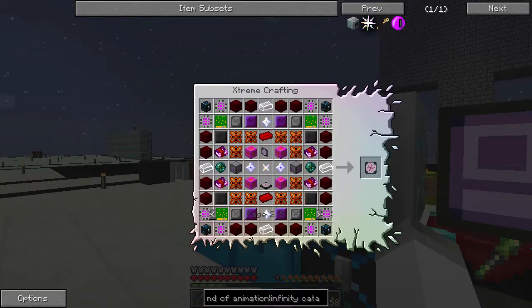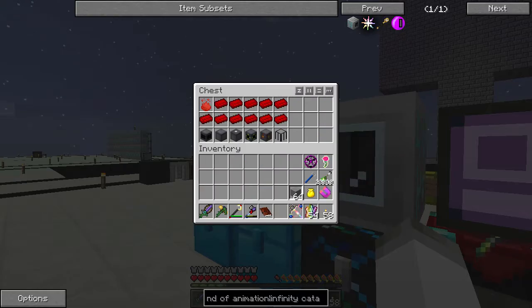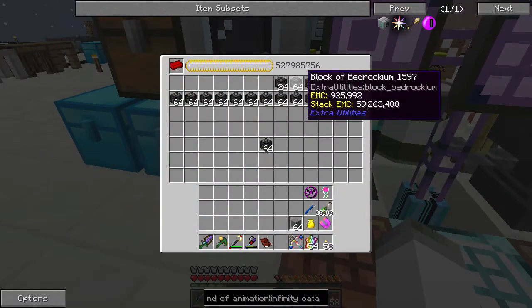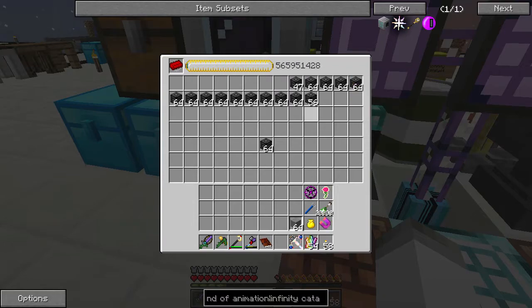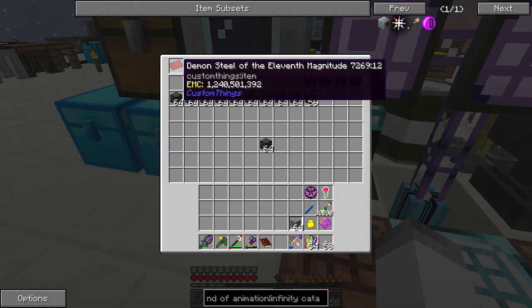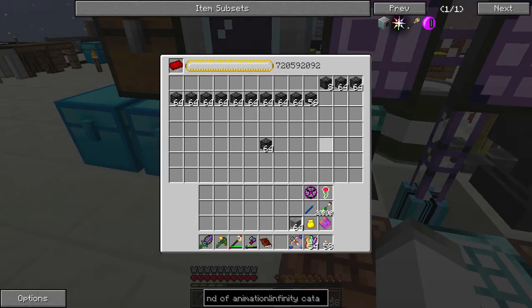We need 2 of them for that guy. Ugh. We need 1 for the Wand of Animation. That's what we're working towards. So if we can make one of these, which might take a little bit of time. I mean, each stack of this is 59 million. This requires 1.2 billion. So we're almost there. Once we get there,